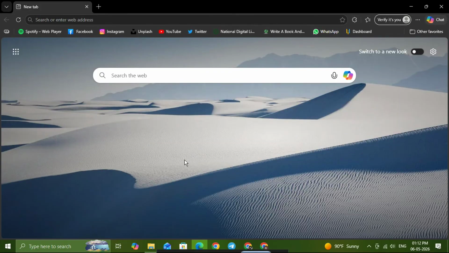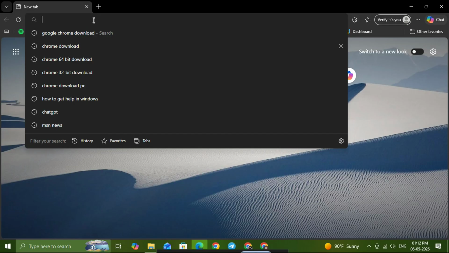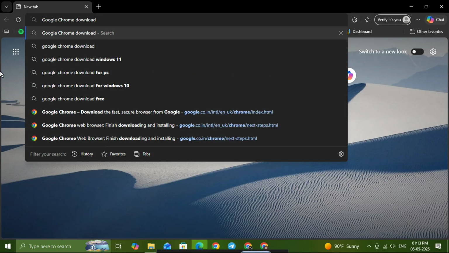First, open any browser that's already available on your computer. You can use Internet Explorer, Firefox, or any other browser you have installed. Since Chrome is not installed yet, we just need something that can get us online. Once the browser opens, click into the search bar and type Google Chrome download, then press enter and look through